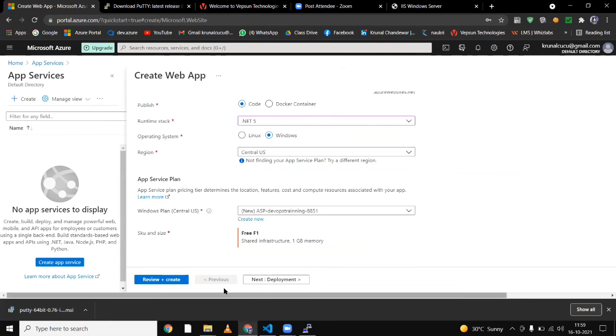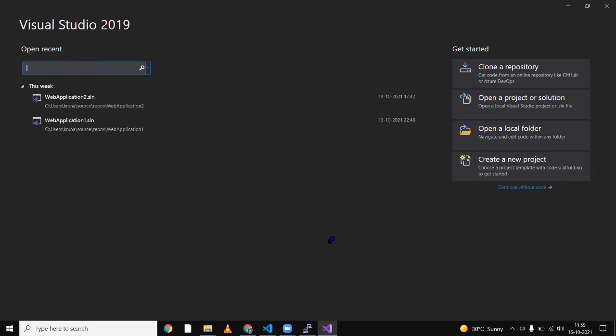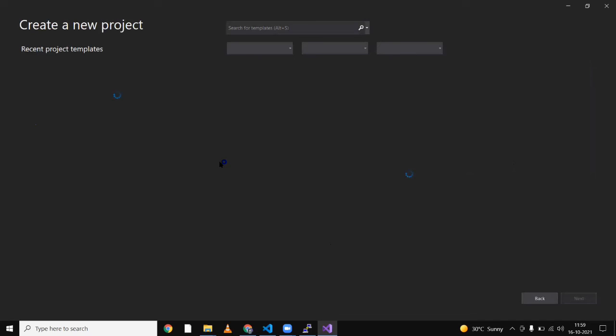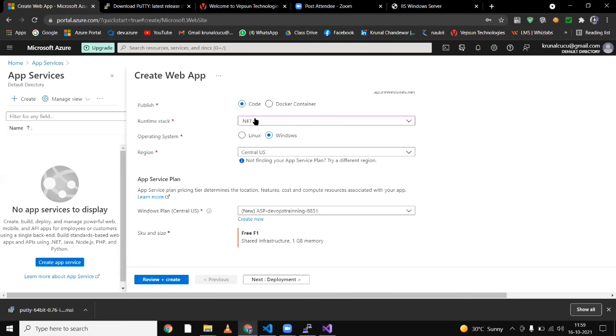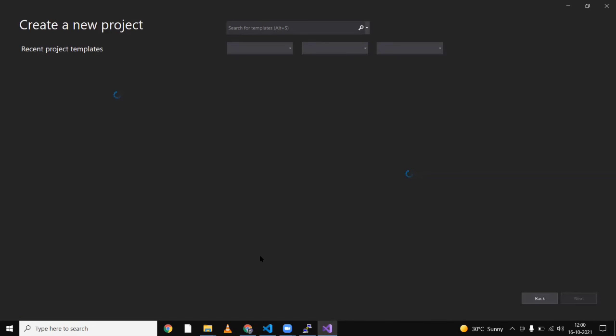I will include all my data here, then I will make it, and after making this, I will open my Visual Studio and first click create a new project. After clicking to create a new project, I have to log in to Visual Studio with my Azure credentials. Whatever web app I made in the Azure portal, that web app code you will get in this Visual Studio.